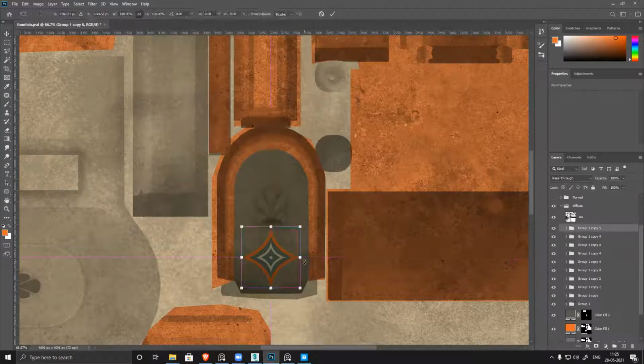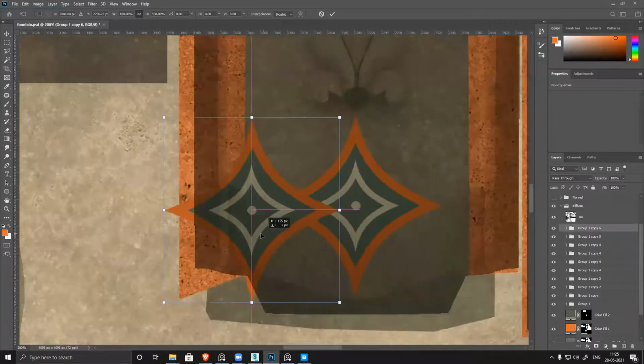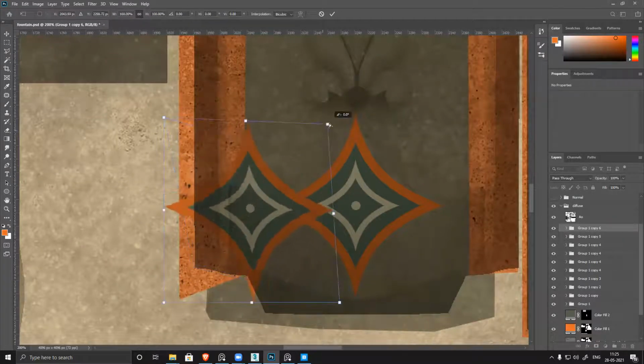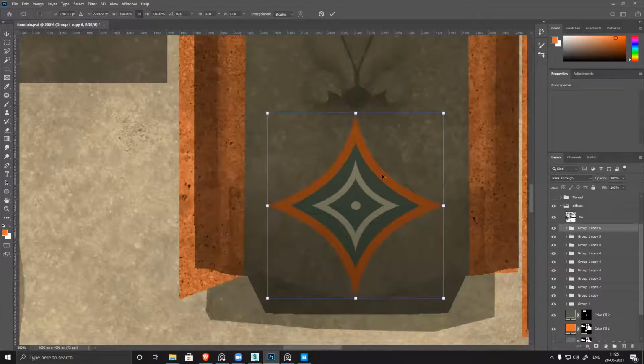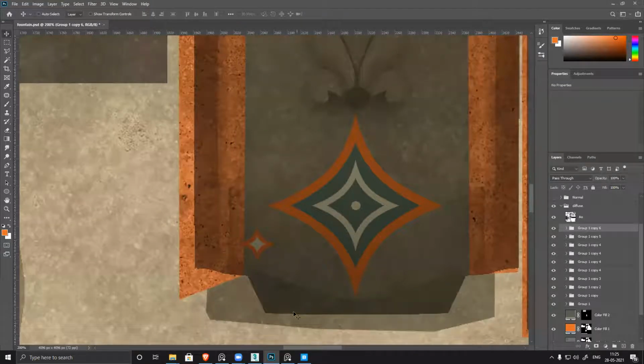Control J, Control T. Okay. So you can see if I reduce this, the stroke thickness won't change, so it's messing up my entire design.